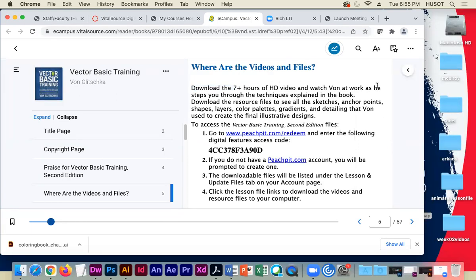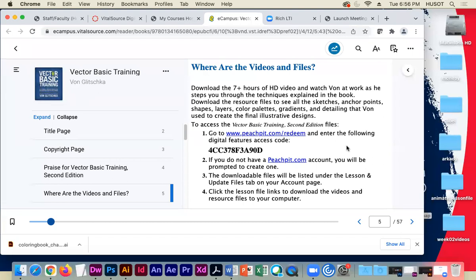Some really cool little anecdotal things from the author and also the source files you need for the project. Like I said, they're not hard, they're not long. Each chapter will probably take you 45 minutes tops, I would think, to do the 3 or 4 projects, but they're good, they're fun, and they really quickly, in a granular way, reinforce some basic skills for you. So just know that they're floating out there, peachpit.com/redeem, and then you have to enter your specific code